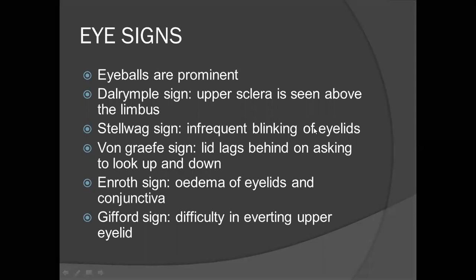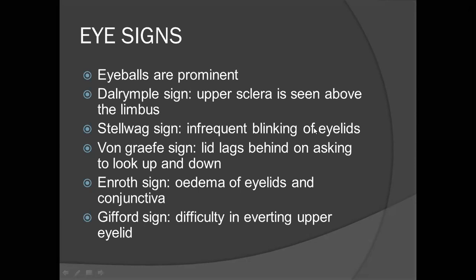Usually, when you see someone's eye, the upper margin of the sclerocorneal junction will not be visible. It will be covered by the lid. Once you start seeing the upper margin of the sclera, the upper margin of the corneal scleral junction, then you start suspecting exophthalmos. How do you examine exophthalmos? The eyes have to be prominent, they have to project out, right? That is one thing: you see the upper margin of the sclera. Next is the projection of the eyebrow. What test do you do to find out whether there is exophthalmos or not?